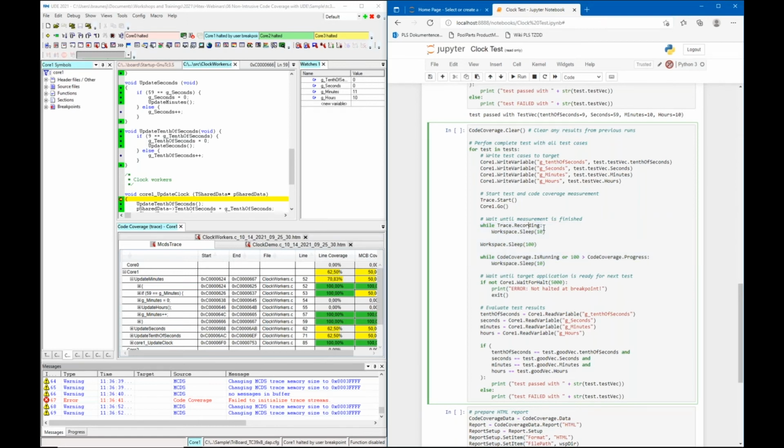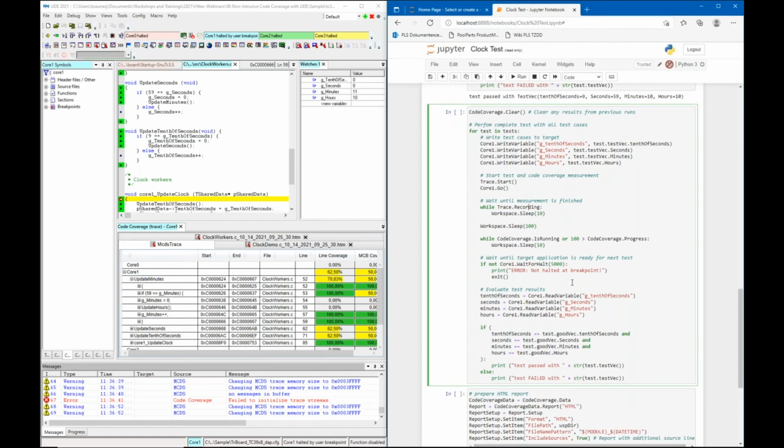The recording of the trace has been stopped. We wait for coverage calculation to be completed, and then we are waiting for the next halt on the breakpoint for the next iteration. And then we do the evaluation of our test results, and in parallel to that, the code coverage has been calculated and displayed here. And if we start this,